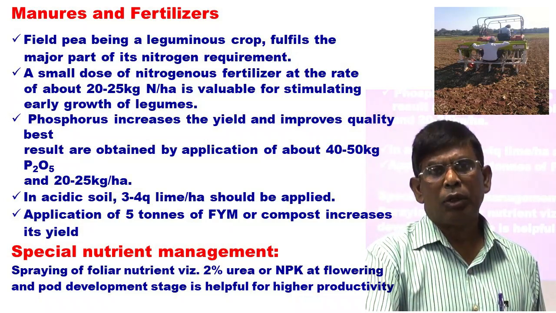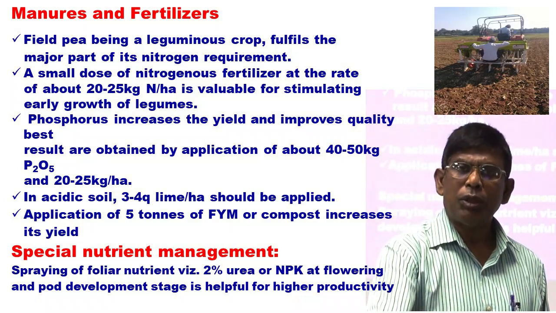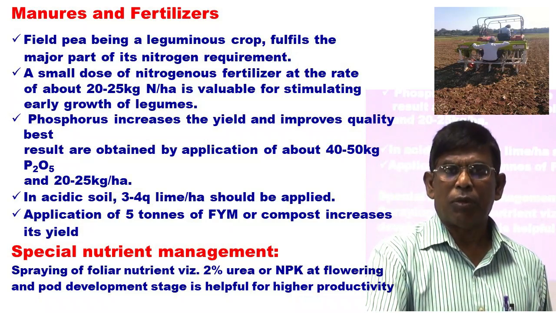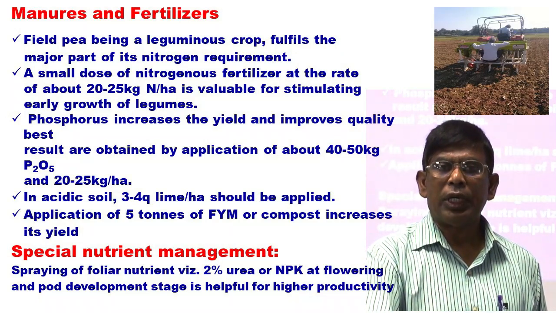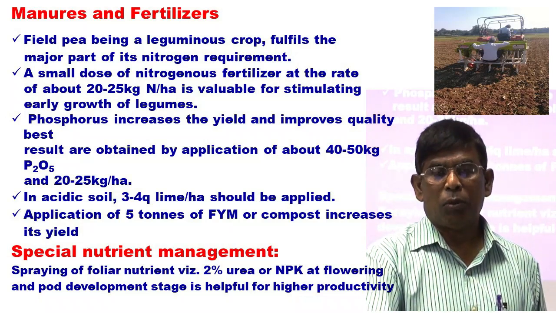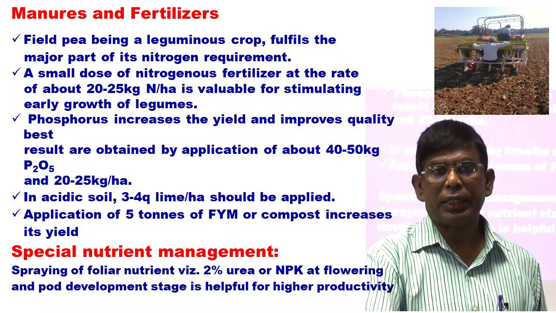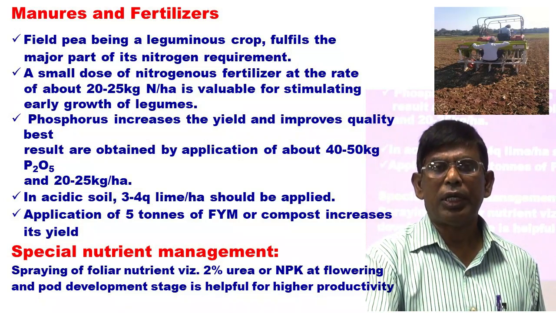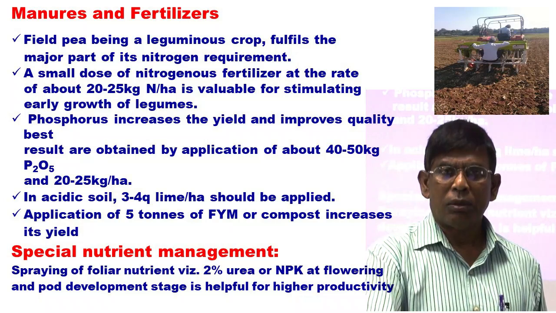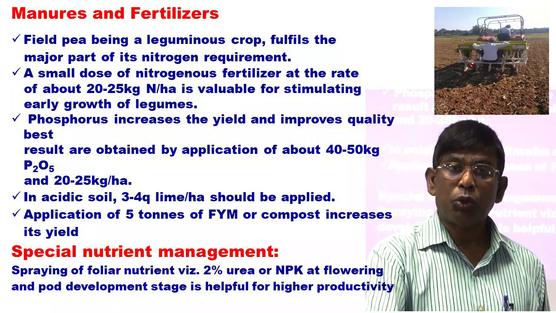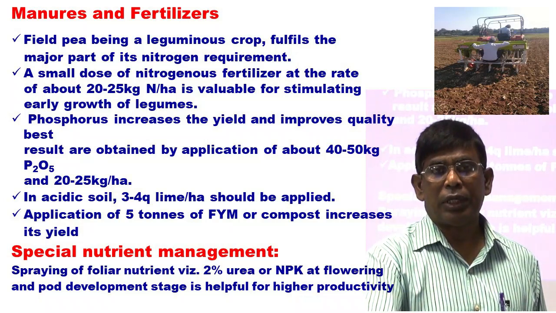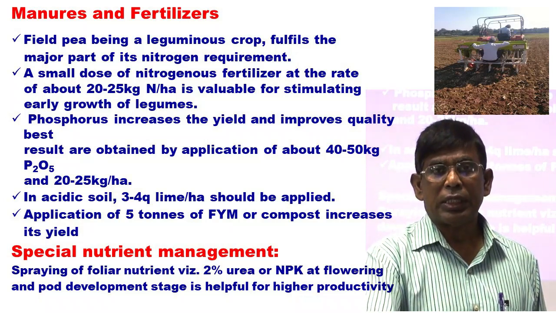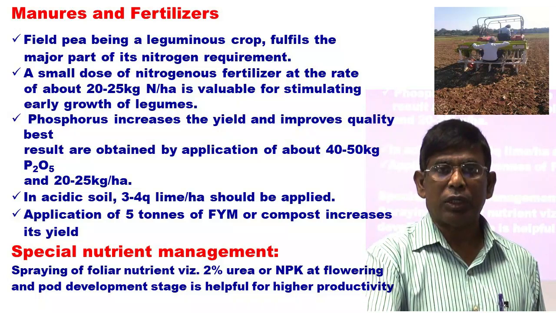And then you have to add 20 to 25 kg potassium. As you know, potassium also improves the cooking quality of pulses as well as taste. Both will be improved through the addition of potassium. So you must add 20 to 25 kg K2O per hectare. It also creates a balanced condition of NPK, so that disease and insects can also be checked with the application